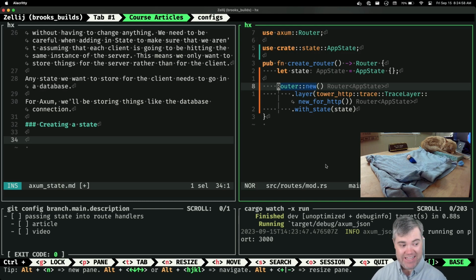The state is unique per instance of Axum, and when we're writing the server, we're guaranteed to have one locally when we run it, but in production we're not, because most likely we're going to be using some kind of cloud to serve it, and most likely, to be cheap, we're going to have multiple instances. It's server state, not client state. Excellent.